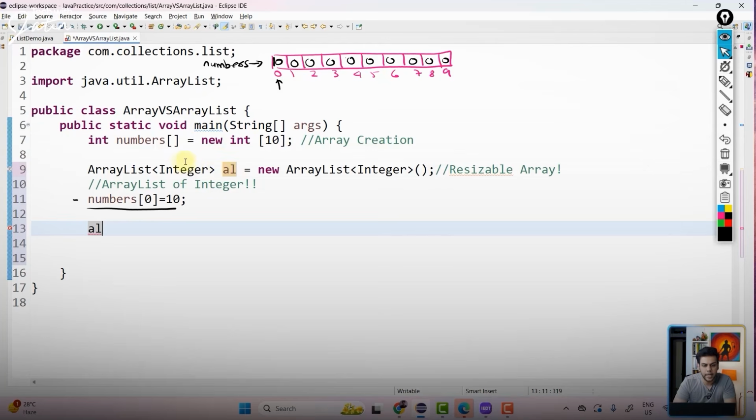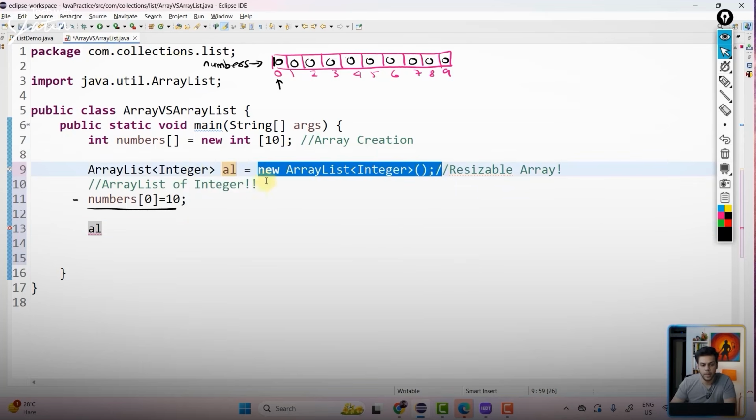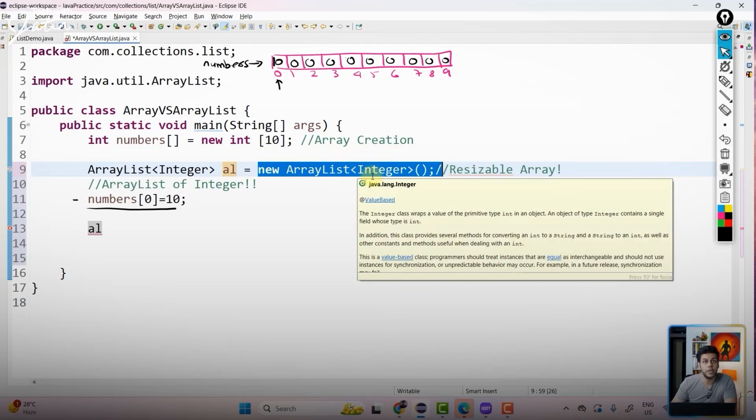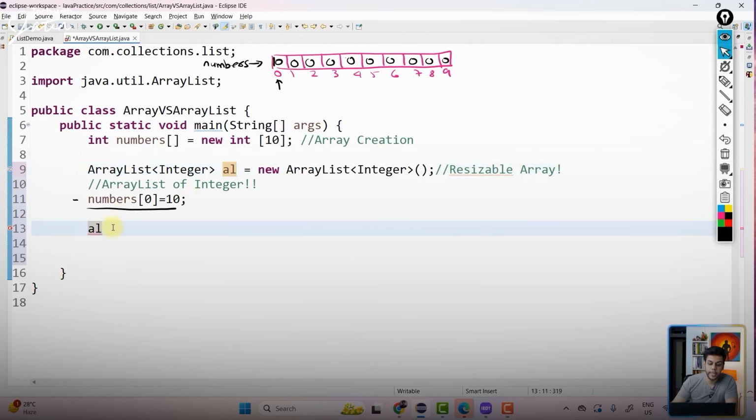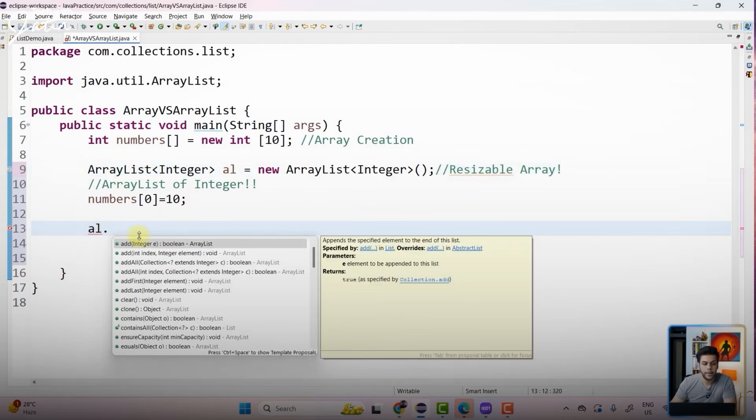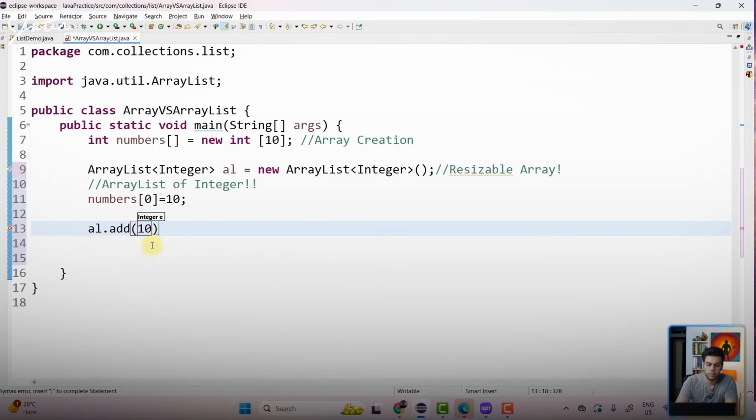This array list is going to store Integer kind of data. This is my array list, and over here, this is a reference. With this reference, I will be interacting with this array list. This array list can store Integer kind of data. So when I do al.add, it is telling me that you give me Integer kind of values. All right, so I can put 10 over here.